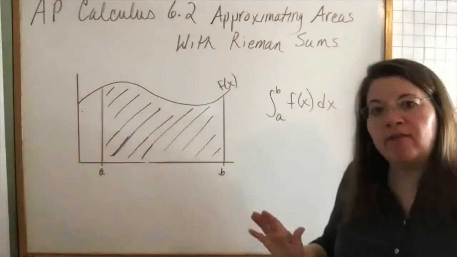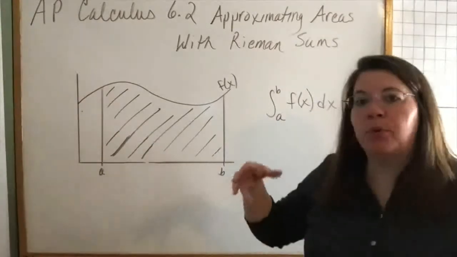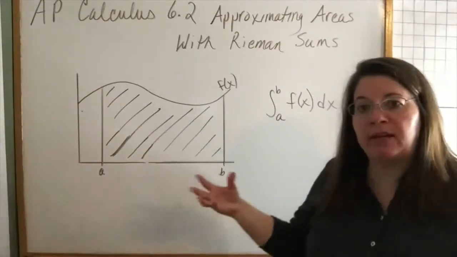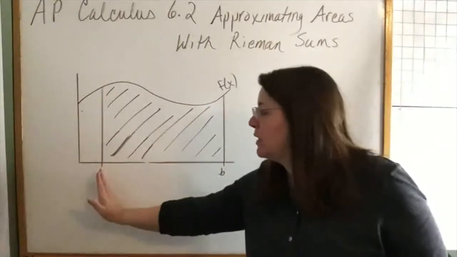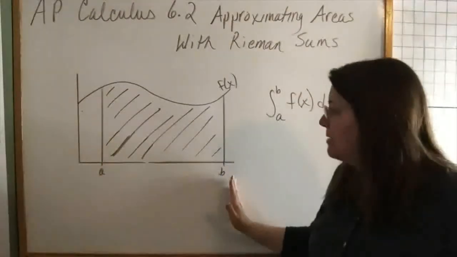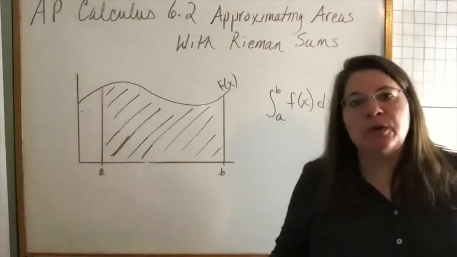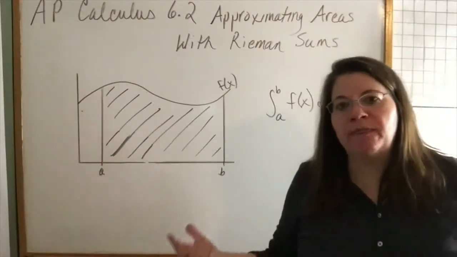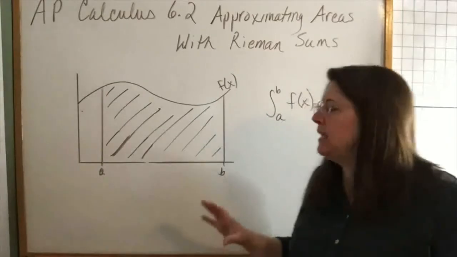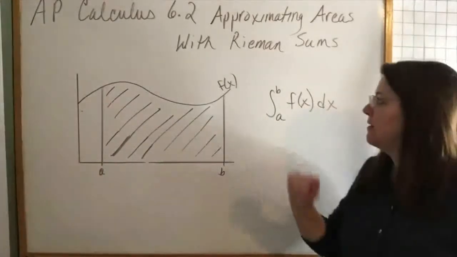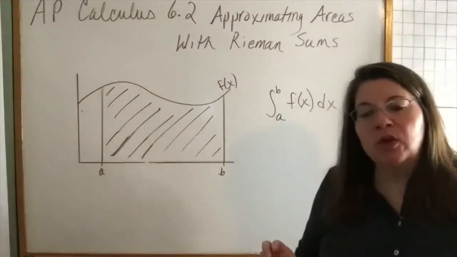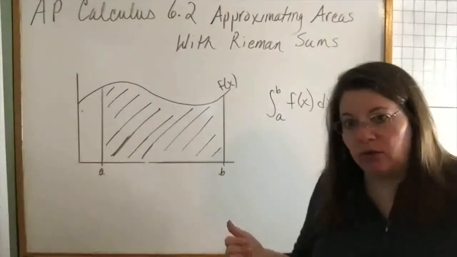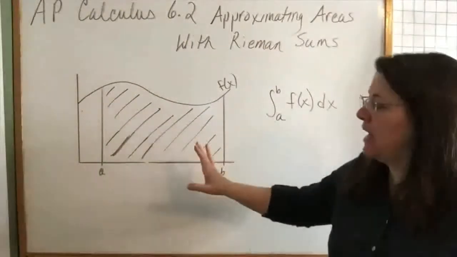And then we also have boundaries of the portion of the f of x function that we are trying to find the area of, and I'm going to let my boundaries be a and b. So dealing with integrals and understanding what they mean is something that we need to explore a little bit in this section. And we're going to be talking about finding Riemann sums with rectangles, and the idea is that if